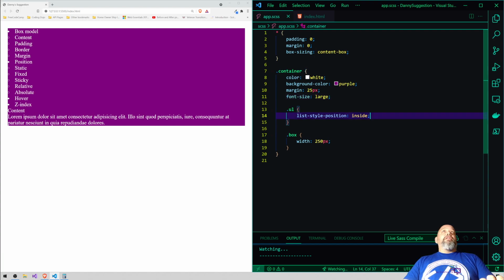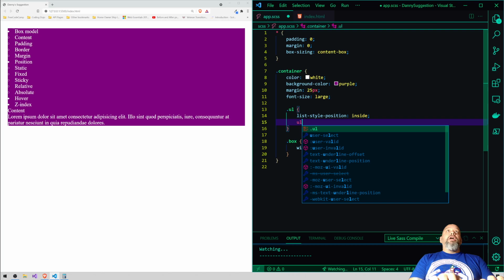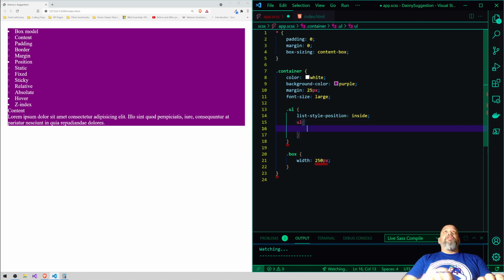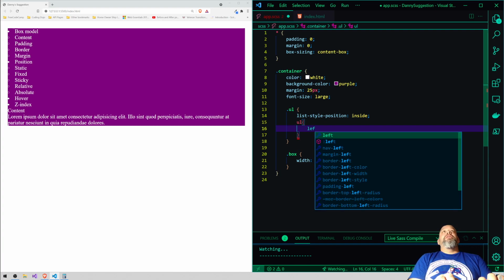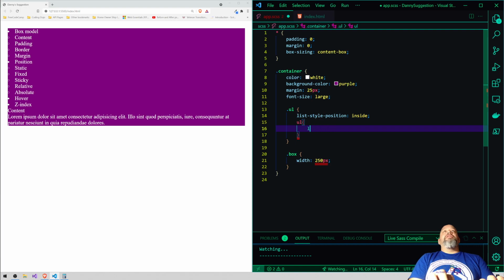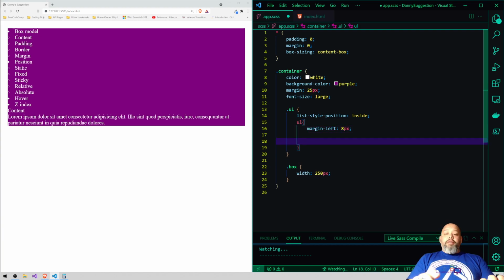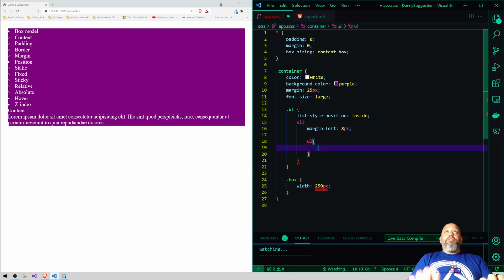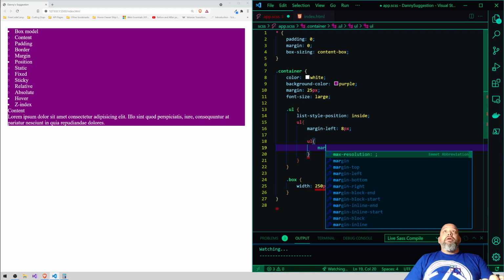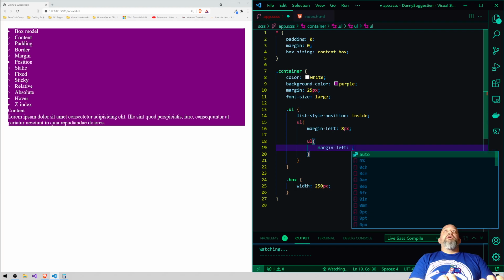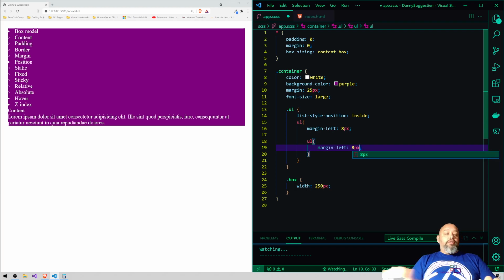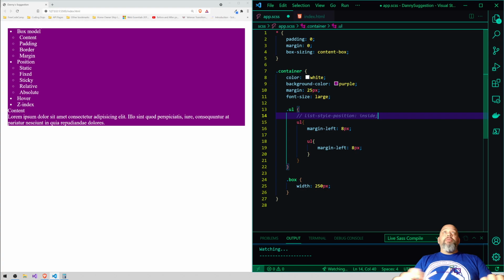You see how I have it inside, and I'm gonna put a UL in here. That's the first UL inside the div, and we're gonna put a margin-left of 8 pixels, because I just want to use that number today. Then we're gonna go inside and do another UL, because it's nested inside each other. We do the same margin-left of 8 pixels, so it could look prettier inside. Now, if you don't have this line right here, what happens is it puts it